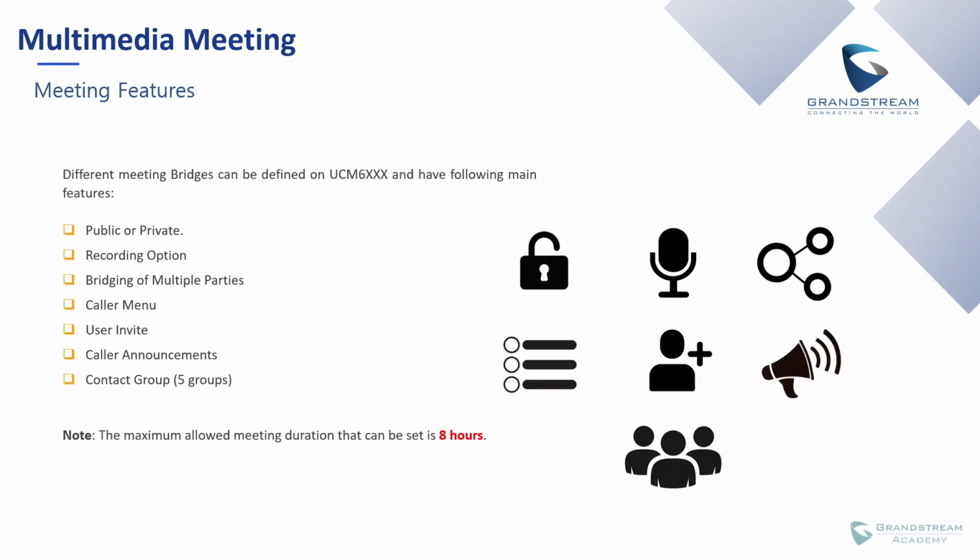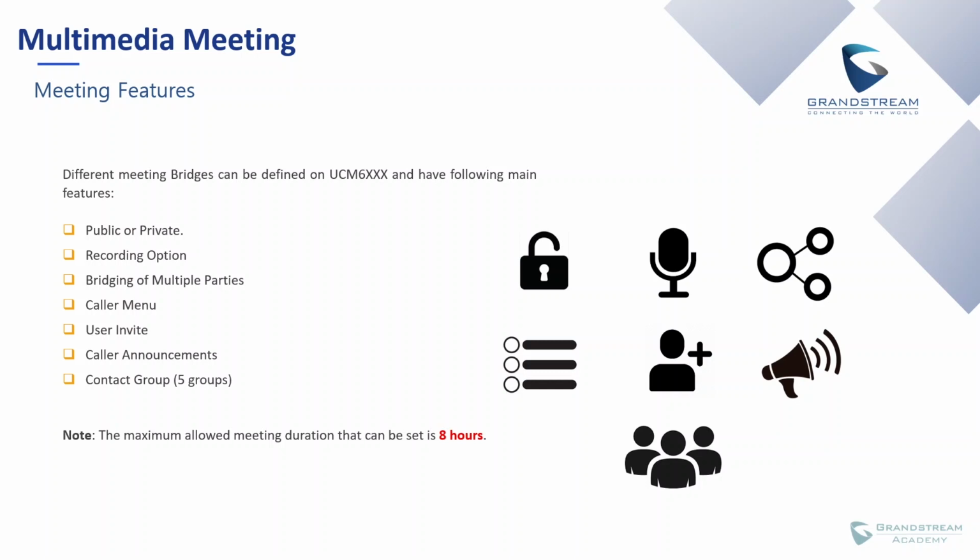The UCM models support some features that will help users to have a great conferencing experience when hosting a meeting. First, we have public or private. Users can enable public mode to avoid authentication when joining the conference call. Also, users configure an admin password for the meeting room, but if the public mode is enabled, the password won't